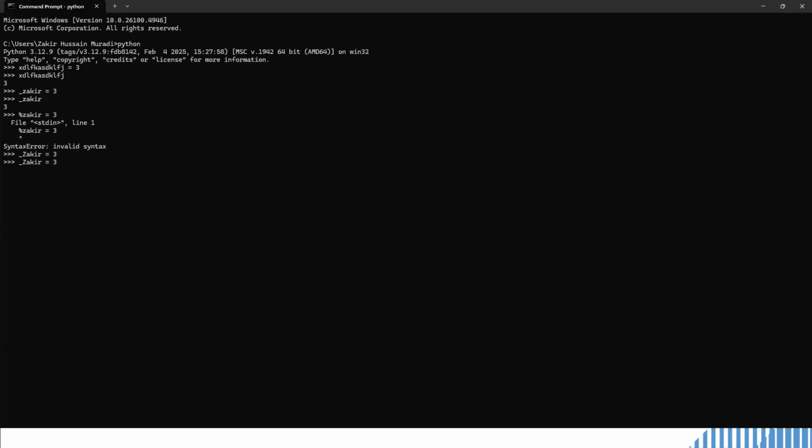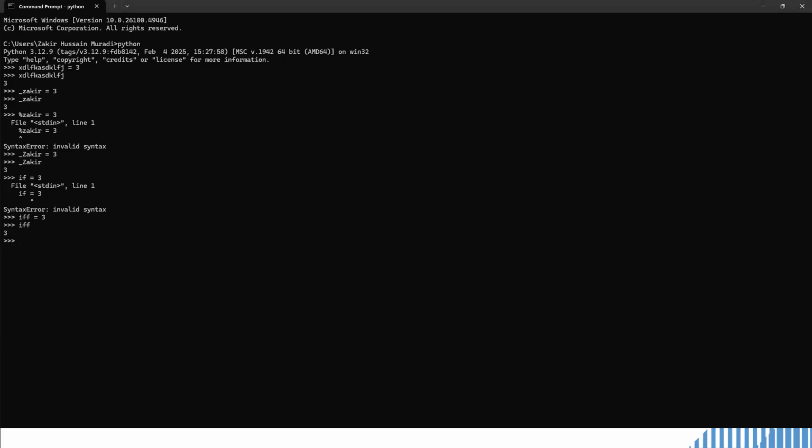But it can be like capital underscore Zakir. You can use a combination of capital or small letters and underscore, but not special characters. And some keywords in Python are already built in, so you cannot use if is equal to 3, because it is used for conditions. You will see later. If I run this, it gives invalid syntax. But if I say iff, it understands because it is not a Python keyword. If I give only if, it will give you an error.